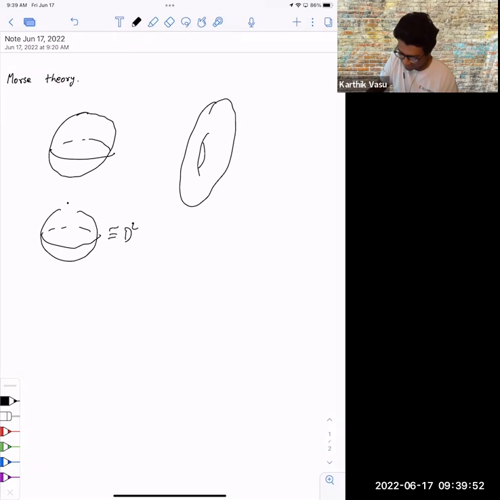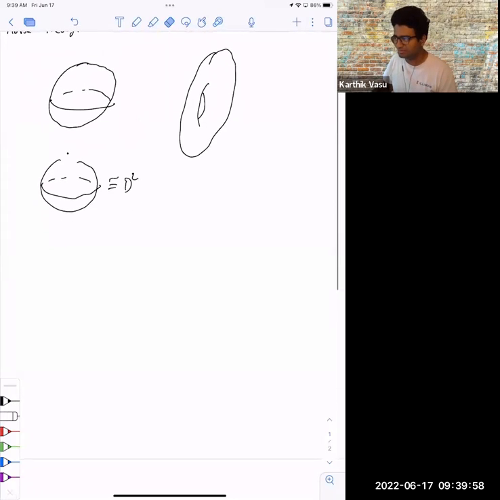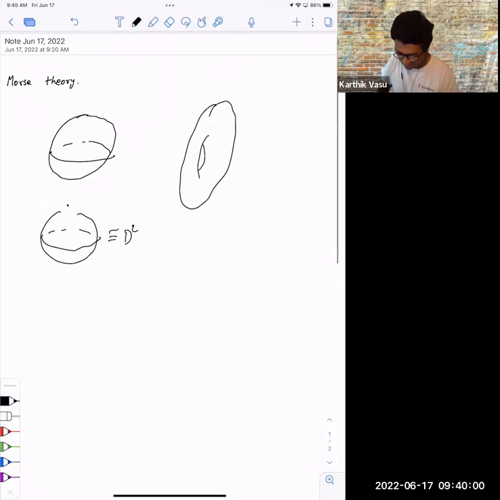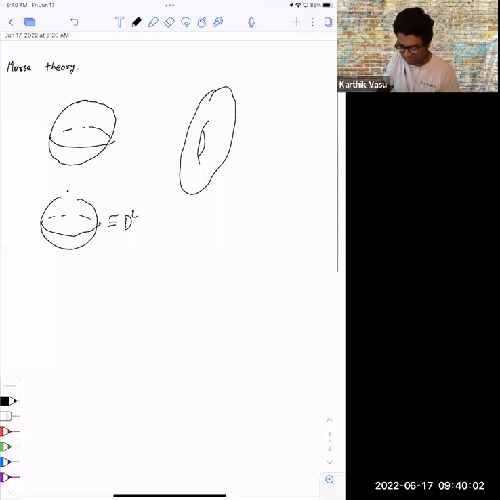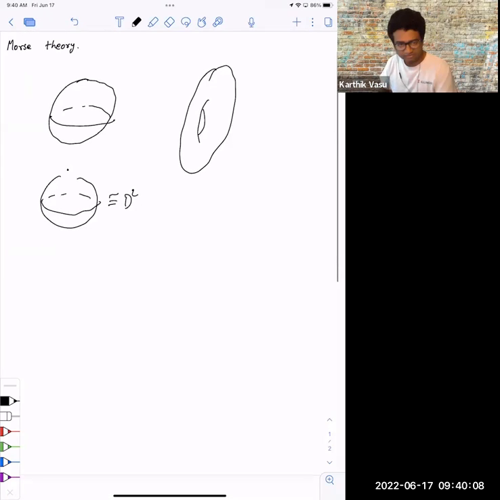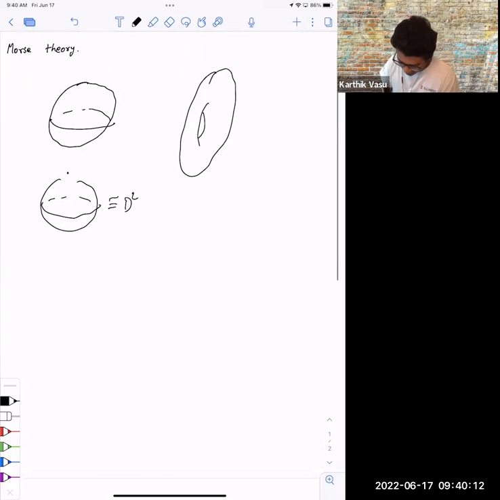Similarly, I will decompose this torus in some other way. So basically that will be the goal for today. And the way Morse theory will do it is there will be a function and naturally everything shows up. It's not a hands-on construction we do, it comes up naturally. Okay, so first to start with,